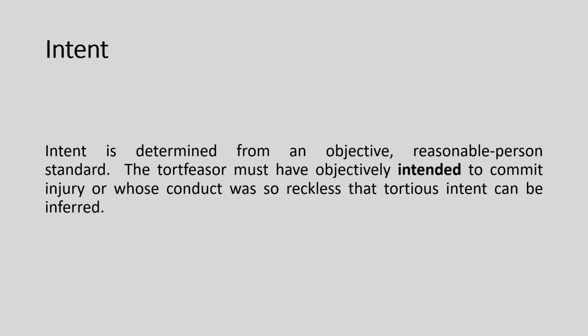Maybe in their minds there was no such intent actually foreseen or considered. However, if objectively the actions or their conduct reflected a level of intent, that's going to be the standard, because you'll never know what someone actually thinks in their mind, and the court is not going to take their testimony as true and accurate depending upon whatever their intentions are. It's what their intentions seem to be from a third-party perspective, and that's the objective reasonable person standard.